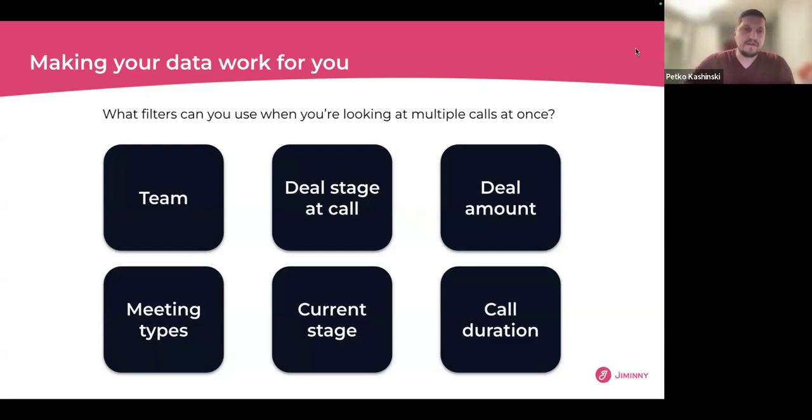The meeting type. I would definitely take a minute here to mention the recently released feature. From now, Jiminny is able to automatically define the meeting types across your conversations. That's important, and we are going to touch upon that in about 5 minutes, but it's important when you would like to analyze, for example, your discovery calls, as they're not going to be the same as your QBRs or negotiation calls. That's why meeting type is becoming such a powerful feature to use in search criteria.